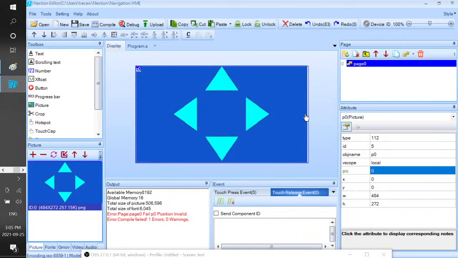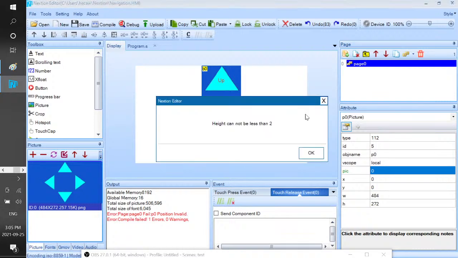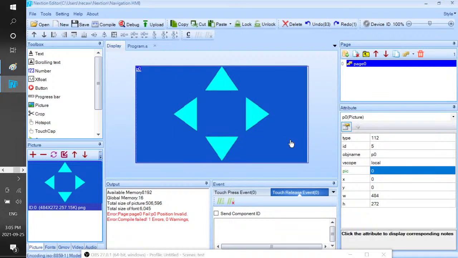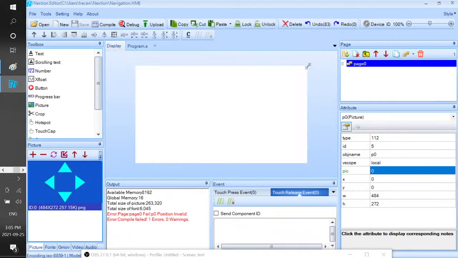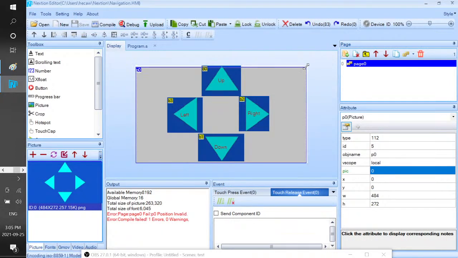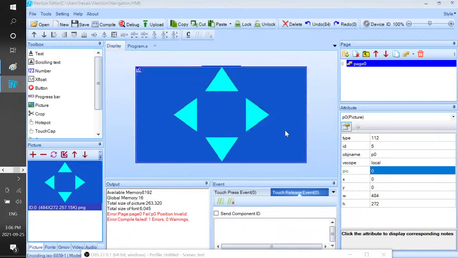If it's invalid again, we're gonna, okay, so 484 and 272, still same problem. Okay, it seems to be bigger than the background, but it shouldn't be, because we measured it and